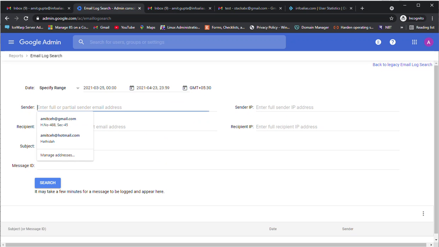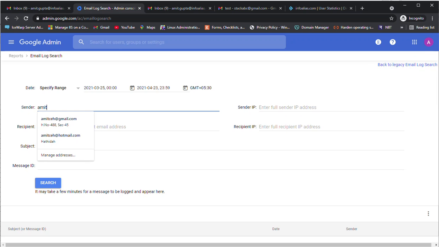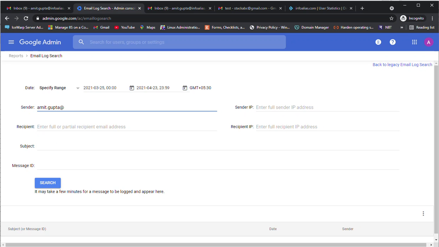Now I'm going to specify the sender. So this is amit.gupta@infoalias.com. This is the email sender account. If you are aware of the recipient, you can specify the recipients as well.